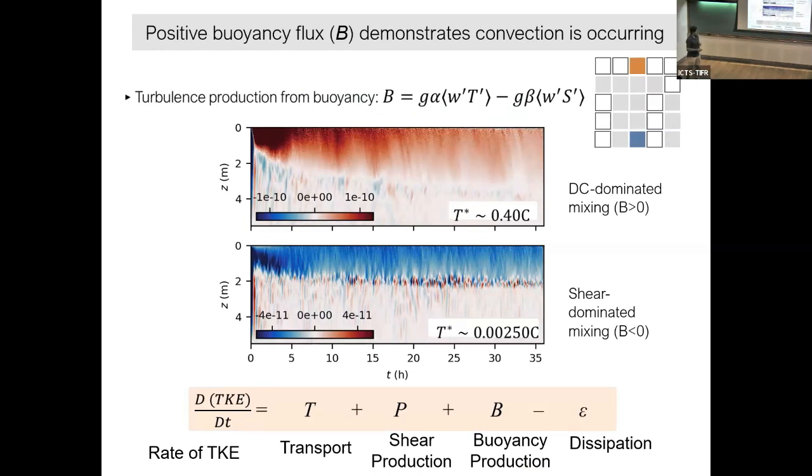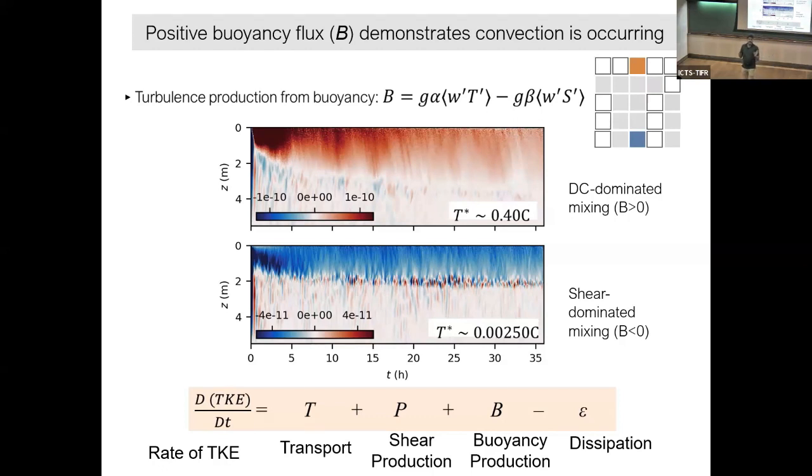Now, you see this energy equation, right? This TKE: somebody has to create the TKE, and somebody has to destroy the TKE, right? Dissipation destroys the TKE, and somebody has to create it. Depending on who is creating the TKE, if the buoyancy forcing is creating it, we call it buoyancy flux. So if the buoyancy flux is positive, that means turbulence is created by buoyancy, correct? If it's negative, that means buoyancy is not creating the turbulence. Somebody else is creating it. It's called shear production. So the background flow is creating the turbulence.